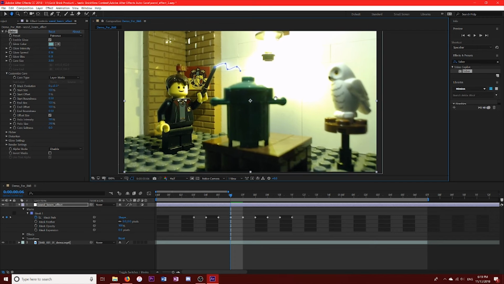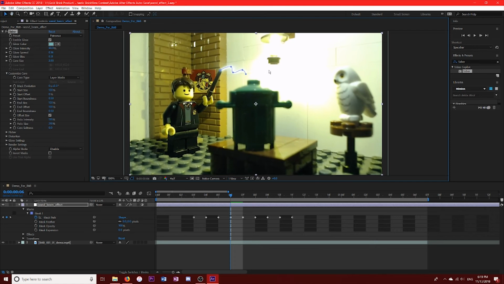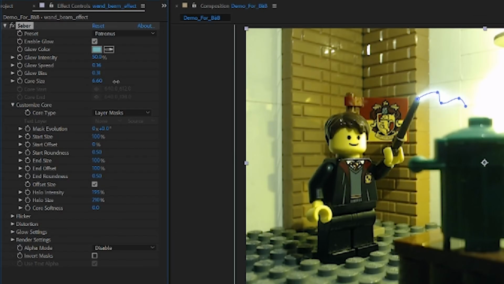Now one thing to point out is that if the beam is too close to a really bright light source, like what I have here as an example, it's kind of hard to see. However, you can change the beam so it's a little more noticeable, which is pretty nice for when you're doing the effect. So what we can do is change the core size to something a bit bigger. I find usually values around 3 or 4 are pretty nice. Glow intensity, we're going to scale that back a bit. And we're going to